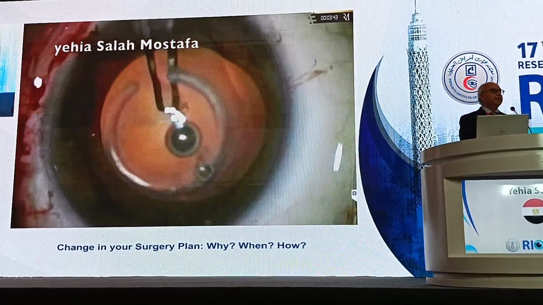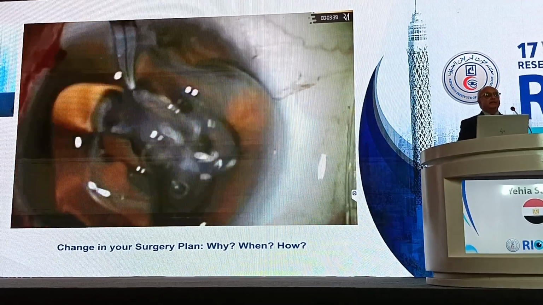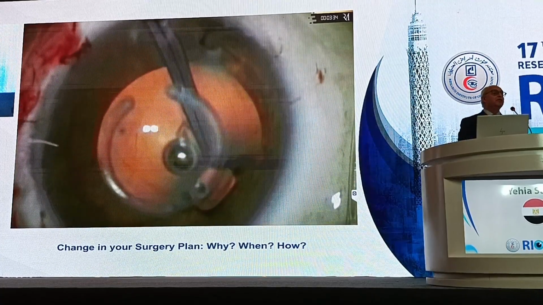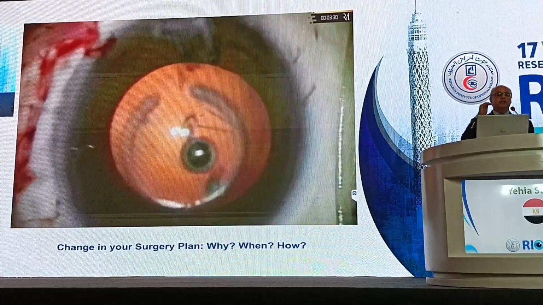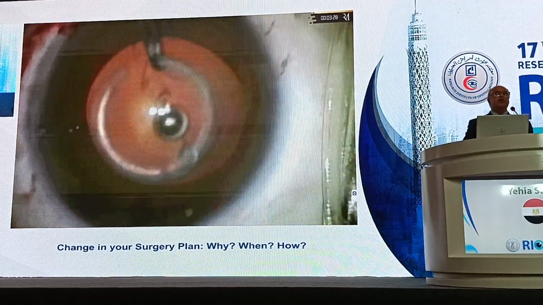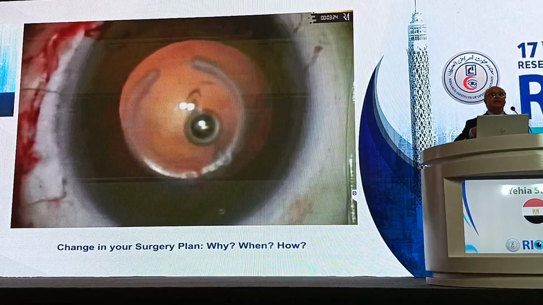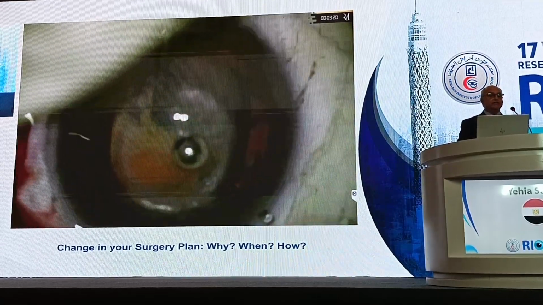In removing the lens here, you have always again to keep in mind this is a high myope, you don't want complications, and you want to protect the endothelium. You first aim to protect the endothelium, and secondly, you want to be careful not to go into other trouble like opening the posterior capsule inadvertently. You don't need more complications. So I do hydrosection,